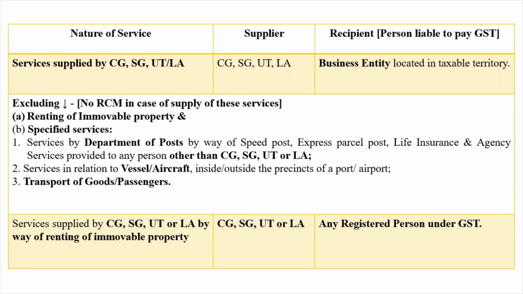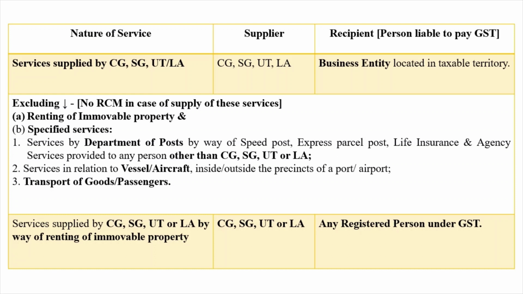Services supplied by central government, state government, local authority and union territory. In this case, supplier is central government, state government, union territory, local authority, and who is a recipient? Business entity located in taxable territory. In this case, RCM is applicable, but it excludes the following services. No RCM in case of supply of these services: renting of immobile property and specified service like service by Department of Post by way of